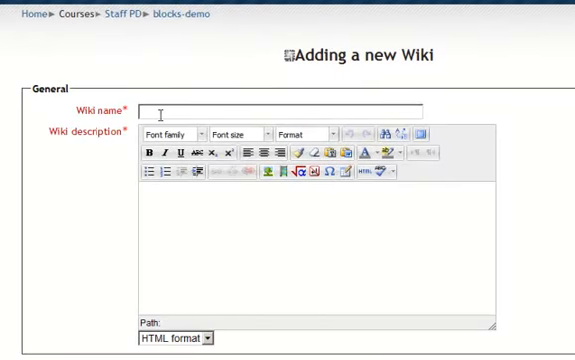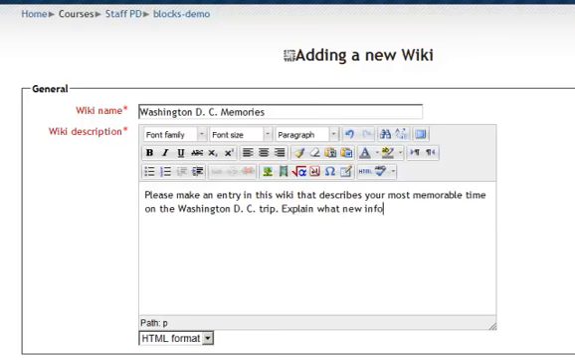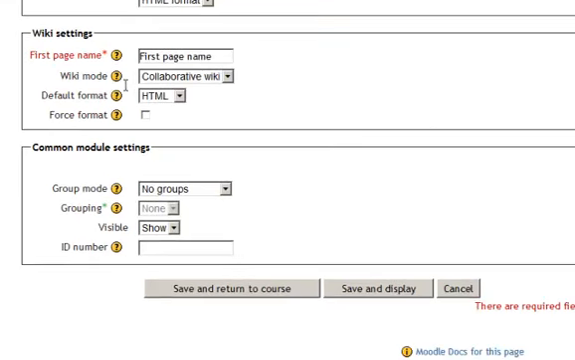We'll give our wiki a name. We'll call it Washington, D.C. Memories, and we'll give it a description so the students know what to do. After the wiki description is entered, you can scroll down and see there are a few wiki settings. The first page name, we'll just call that